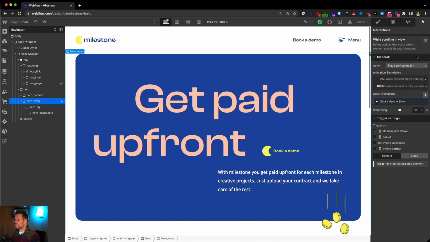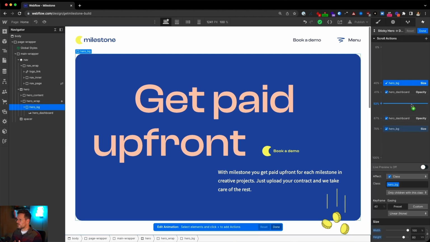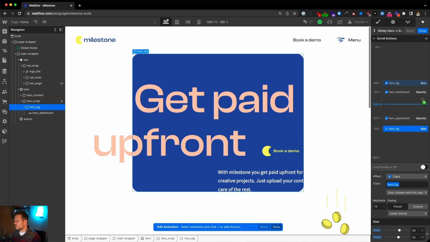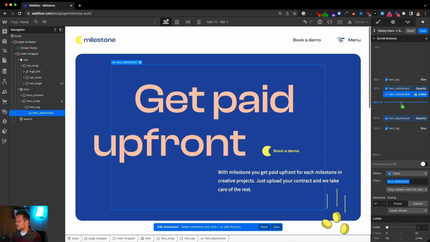So let's move on with the animation. So we've set the size of the hero background. It is animated. We will also animate the opacity of the dashboard. And now let's also play the Lottie file of the dashboard. Actually, choose Lottie, and yeah, it can also start at 41%.